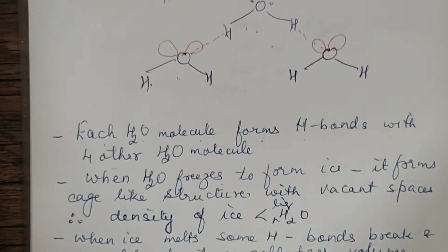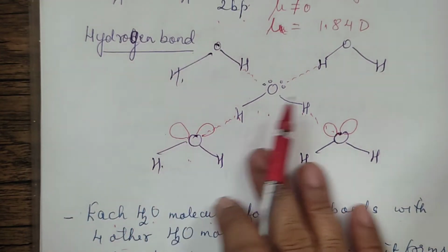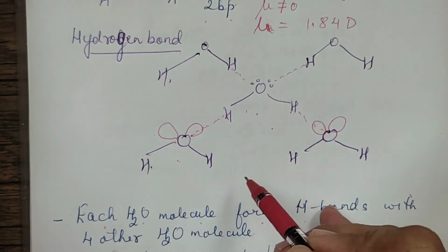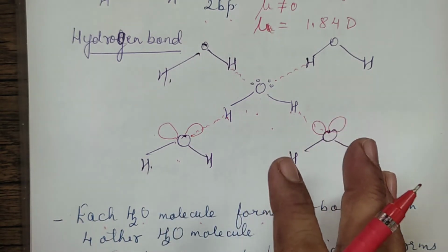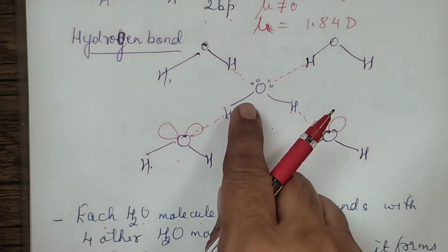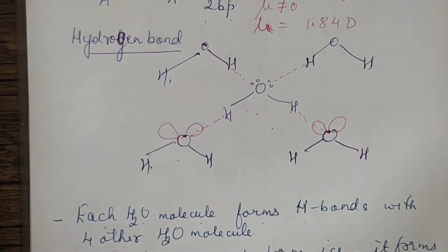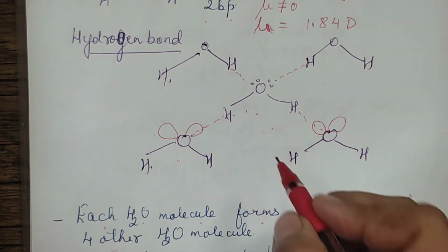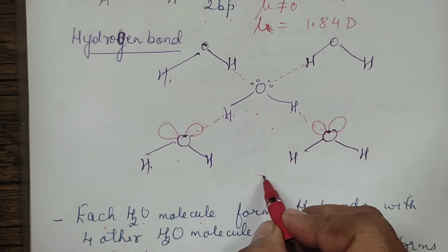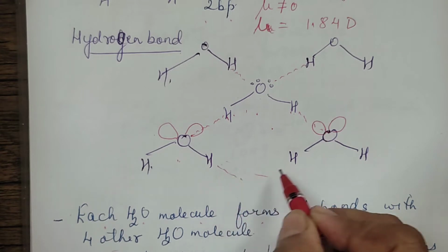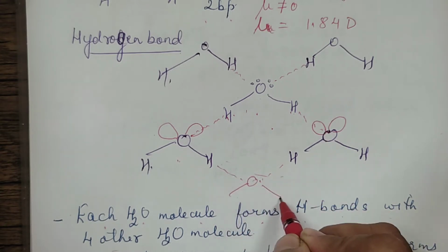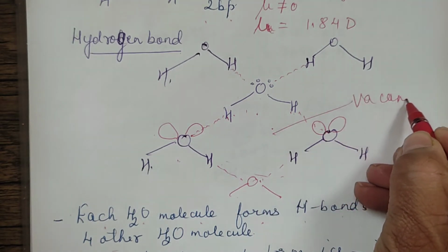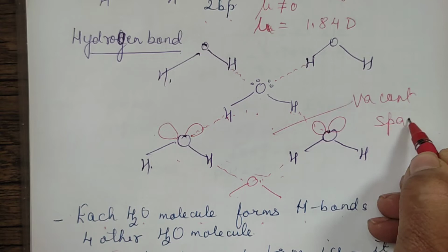Obviously, in that structure which we have considered, it is not planar as visible here. It is sp3, means it is definitely a tetrahedral overall geometry where 2 of them are lone pairs. So finally, we are left over with V shape. So they are directed in all directions. That means this will definitely form a cage-like structure. So in between them, if we complete further, here also there will be bonding. Another water molecule will be there. So these are some vacant spaces which are left over.